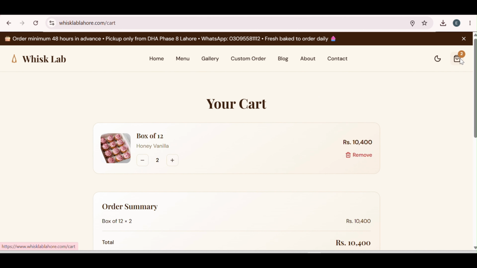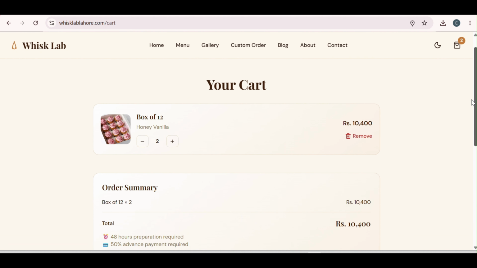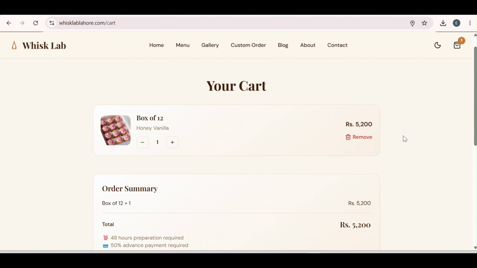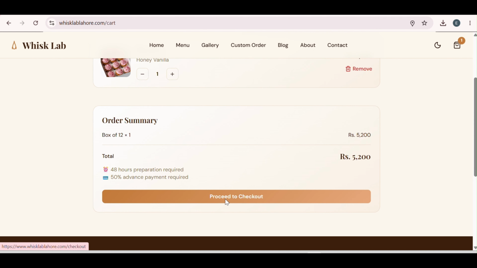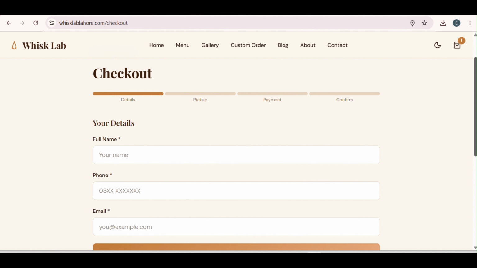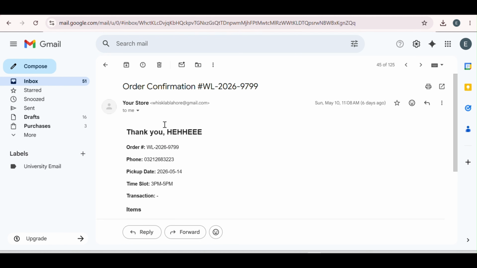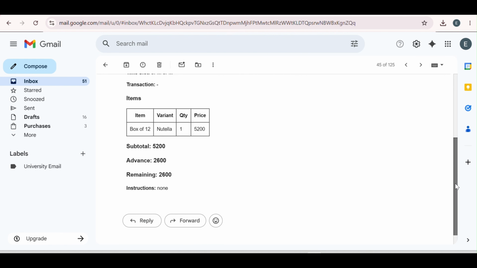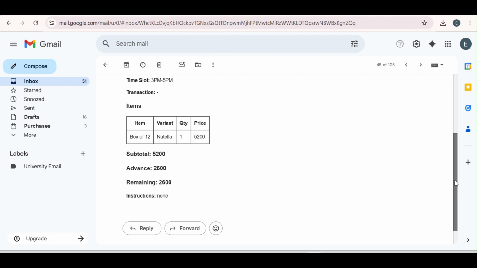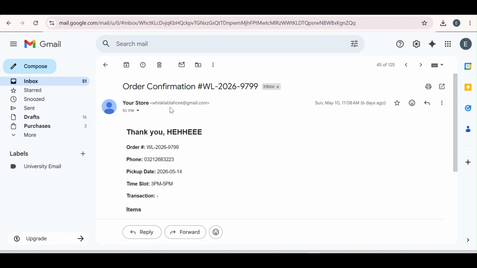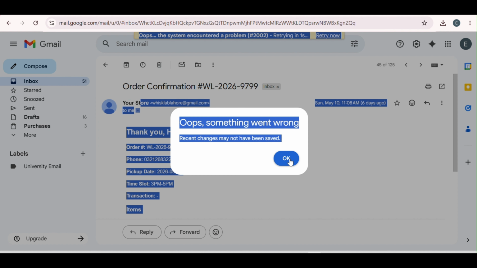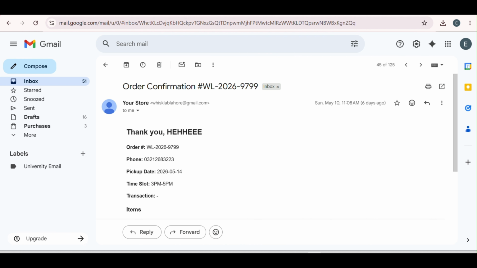And if I go through my cart, I can add and remove items, like I have added these two, I can reduce it to one. And if I proceed to check out, I have to fill this all up, and then we can go through to the end. The customer also receives an email after the order is processed. Let me show you guys that. So this page clearly shows that the customer has received the email with the item she ordered, the advance, the amount, and all that. It is sent through Sclab Lahore.